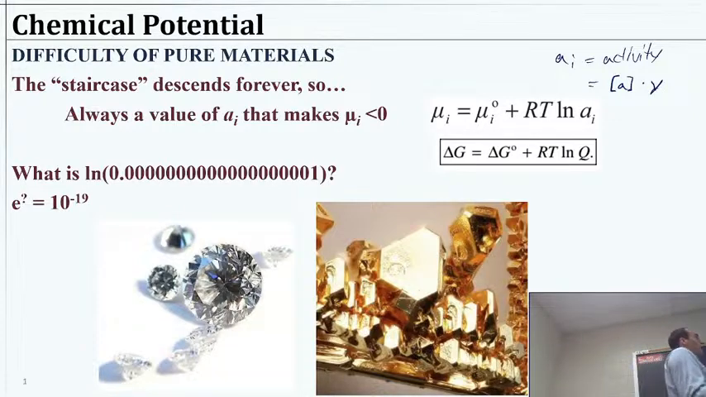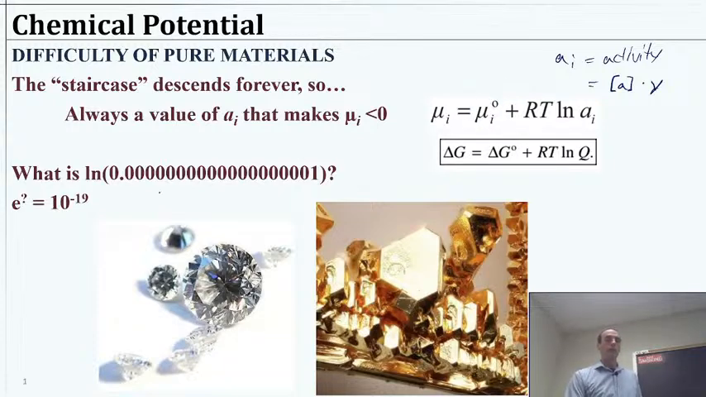So let's just imagine that's 1, then the activity is the concentration. So if A is very, very small, then what happens to this term? Well, the chemical potential of the reaction or the system here is equal to the standard potential plus whatever this term is. And if that A is really, really small, then the natural log of a really, really small thing